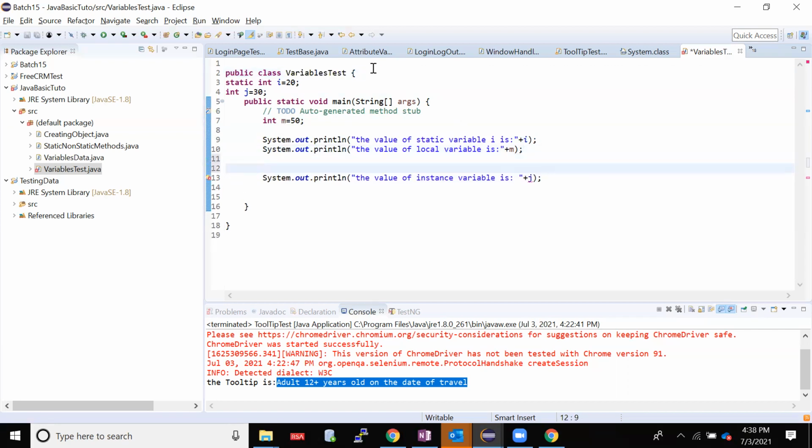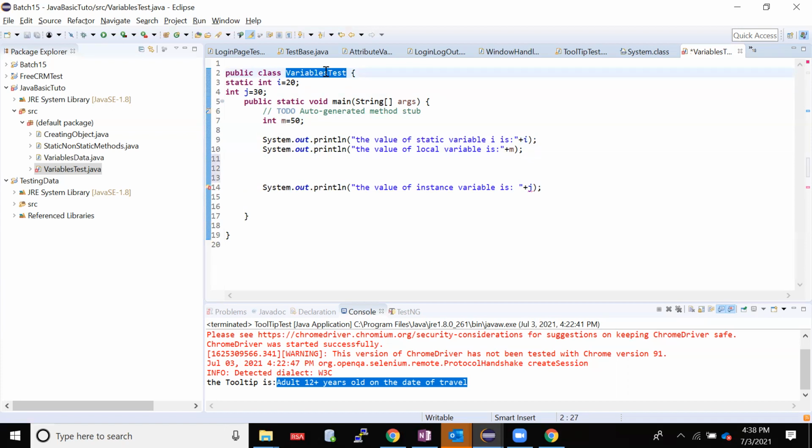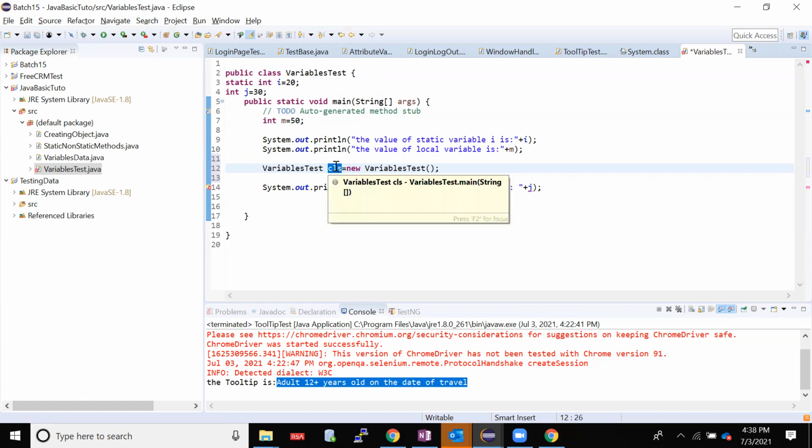I'll show you how to create an object for any class. That we'll see going further, like what is object and all later. Object can be created with the class name, just copy it. Just name it anything. I am naming it CLS, user defined, new equal to your class name. This you created an object. You have given the object reference, that is your object reference name is CLS. You have created an object and stored it with the reference CLS. Anything you can give for that matter. This is your name.